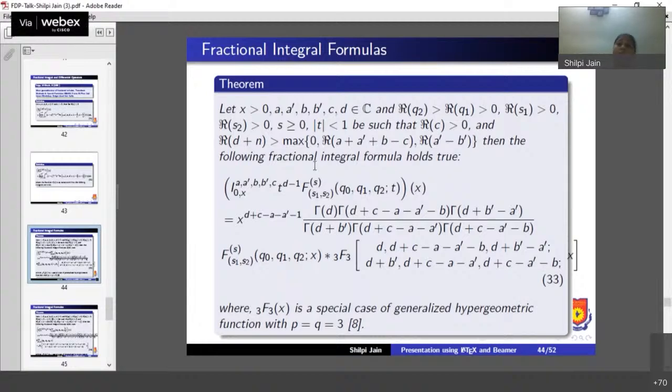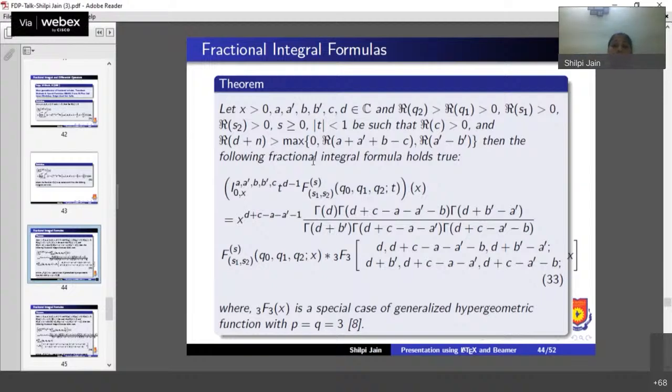Now the next theorem is: let x be greater than 0, a', b', c, d belong to C, and real of q2, real of q1 greater than 0, real of s1 greater than 0, real of s2 greater than 0, s greater than or equal to 0, and mod of t less than 1 be such that real of c greater than 0 and real of d plus n greater than maximum of 0, real of a plus a' plus b minus c, real of a' minus b', then the following